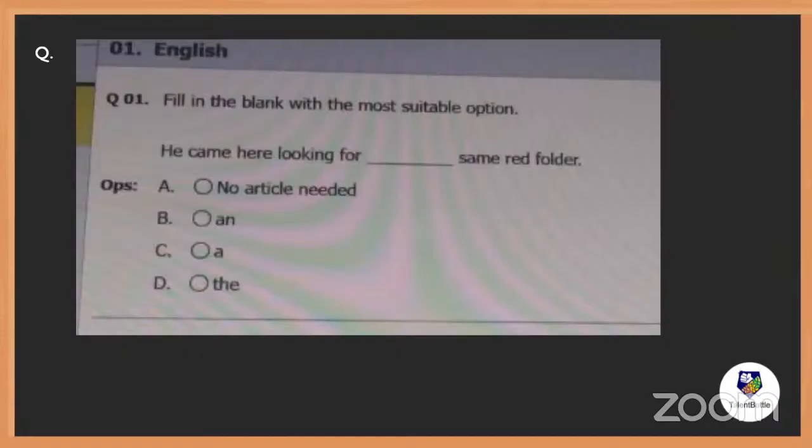Answer this one. So this is a question from verbal. Let me answer, everybody.